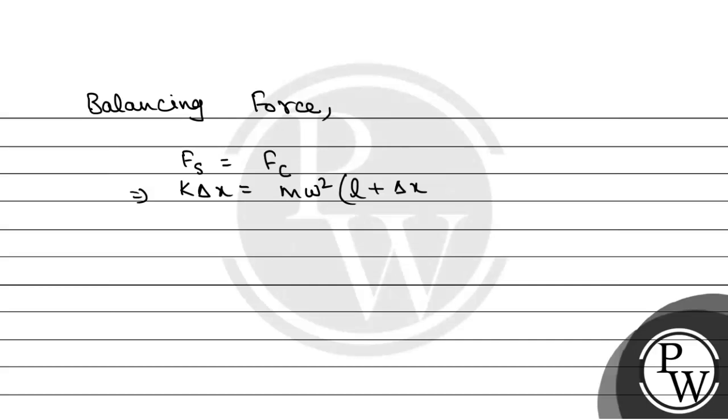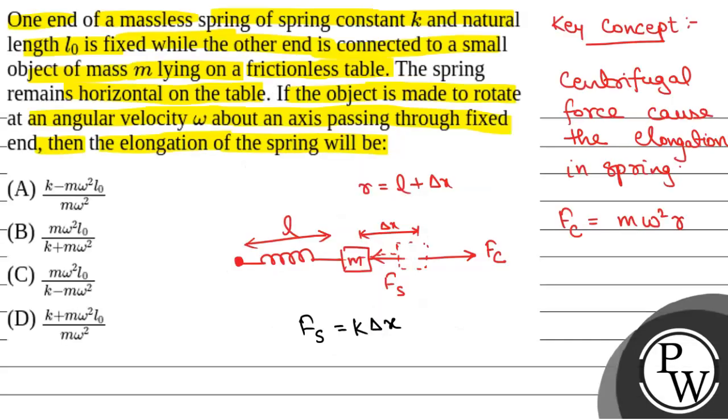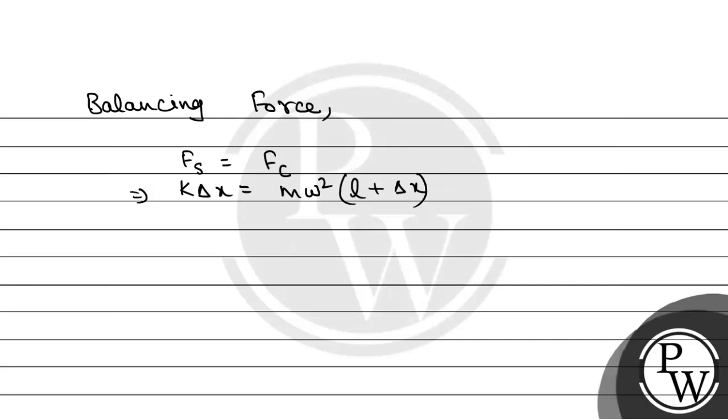This is L or L naught. Let me see. This is L naught. Initially the length was L naught. So it will be L naught plus delta x. So from here we will have k delta x is equal to m omega square L naught plus m omega square delta x. So from here we will have